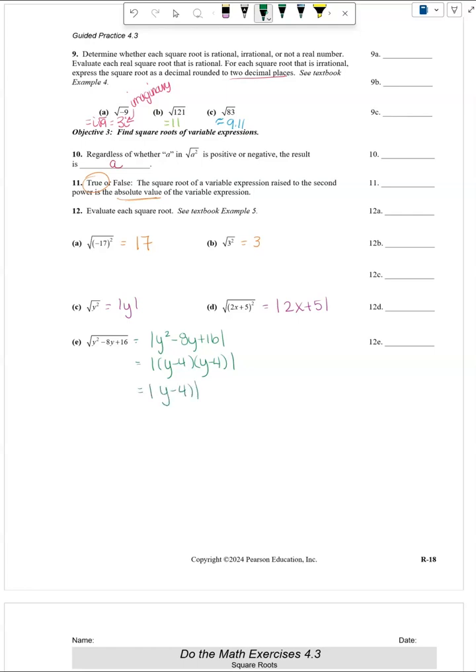Because there's 2 of them, so let's just write them once. I guess technically you really wouldn't even have to have your parentheses there. You could just do absolute value of y minus 4. Okay, that's my part. I'm going to leave it with you guys to do your part, and I hope